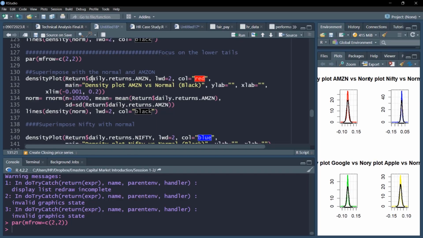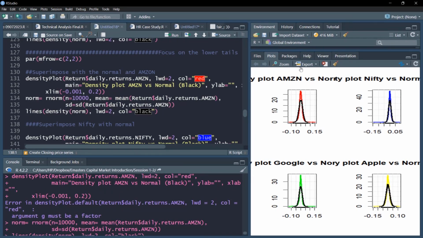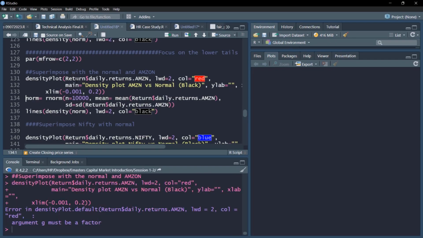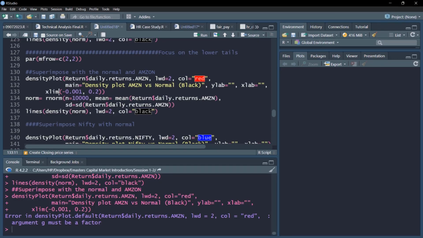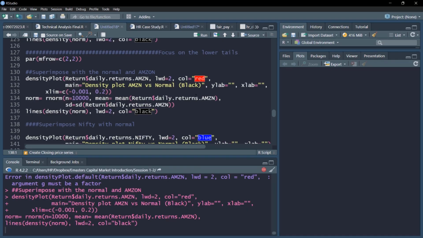If I recreate the plot, do xlim equal to C, and I'll run this. Let's see if it works.